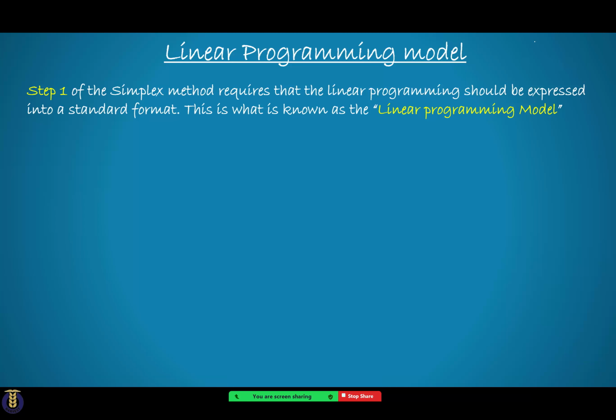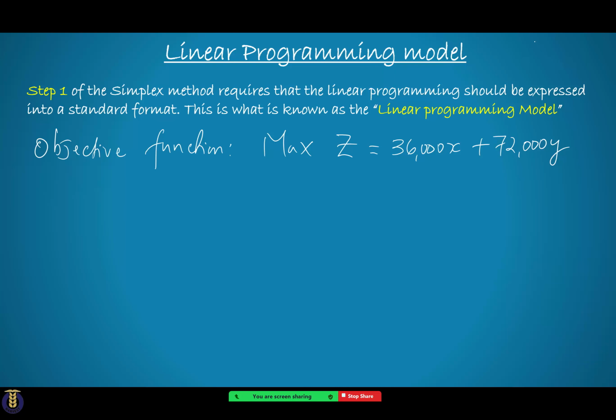We begin by writing the objective function, which is to maximize the profit Z equal to 36,000X plus 72,000Y. This is subject to